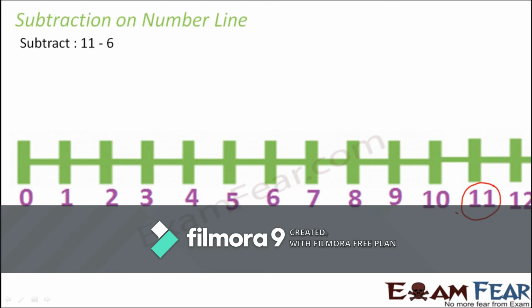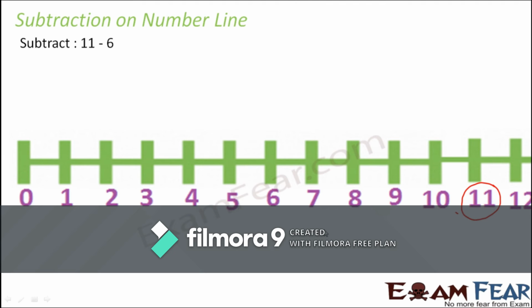Now we had learned before that greater numbers are present on the right hand side. So basically when we are adding, we will move to the right hand side, because when we are adding something to a number, we are actually increasing the value of the number. Let's say if I add 2 to 11, that means we are increasing the value of the number. So we will move to the right hand side. So we will make the jumps on the right hand side. That is why you saw that during addition we jumped on the right hand side.